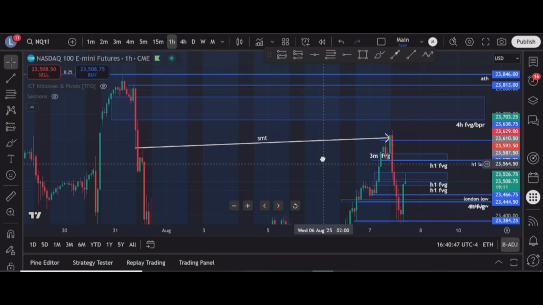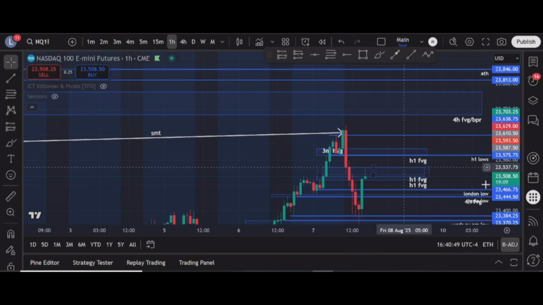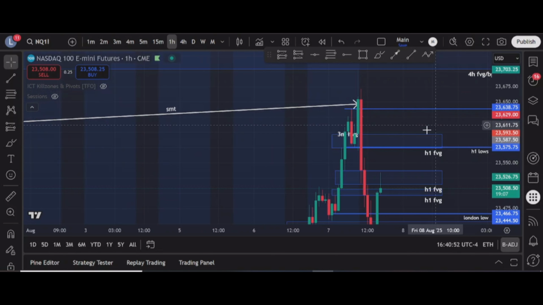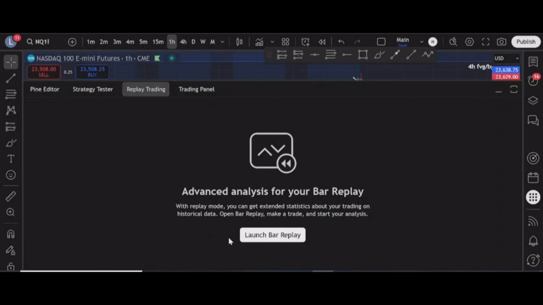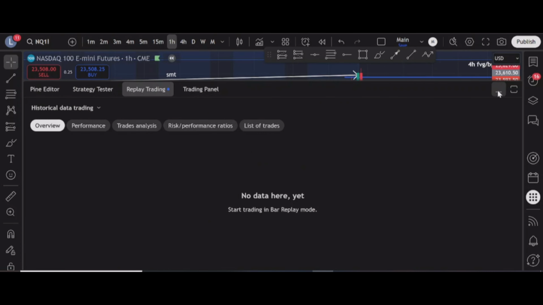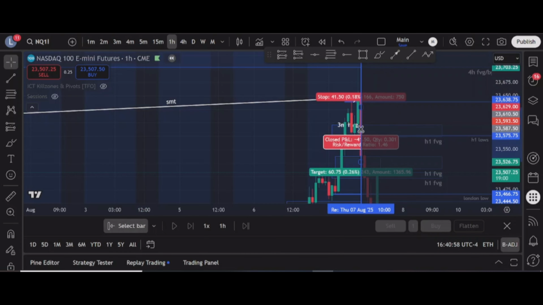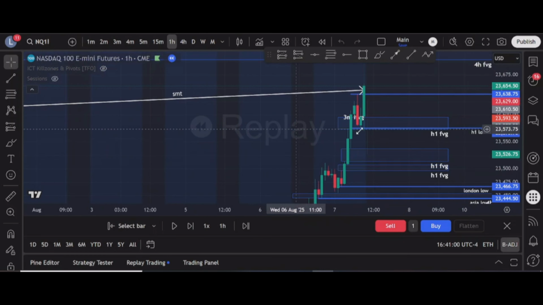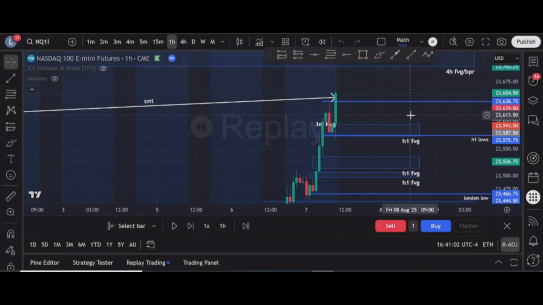I'm pretty sure, again, a lot of you know this, but this is just a clear-cut example of how you can utilize this. So let's put the replay tool back on and look at this. I actually took this trade, like I said. If you check my trade recap from August 7th, I'm not sure when I'll upload this, if I'll upload this the day after or whatever, but just check there. You'll see I got out a little bit earlier. I'll show you guys, but